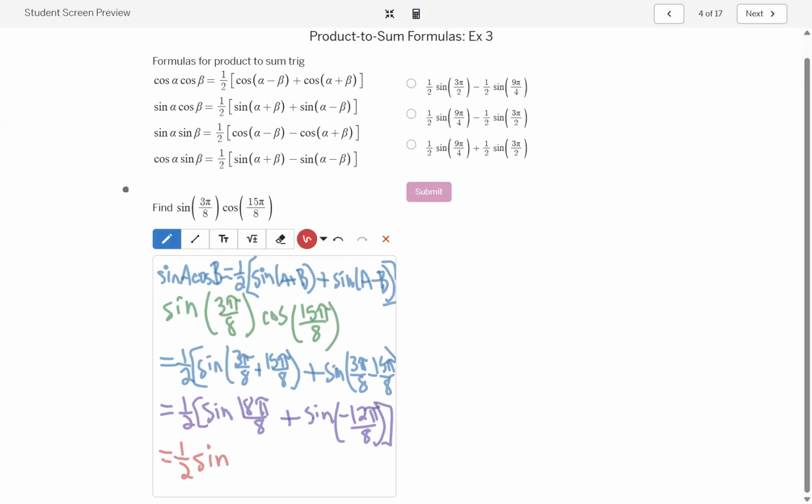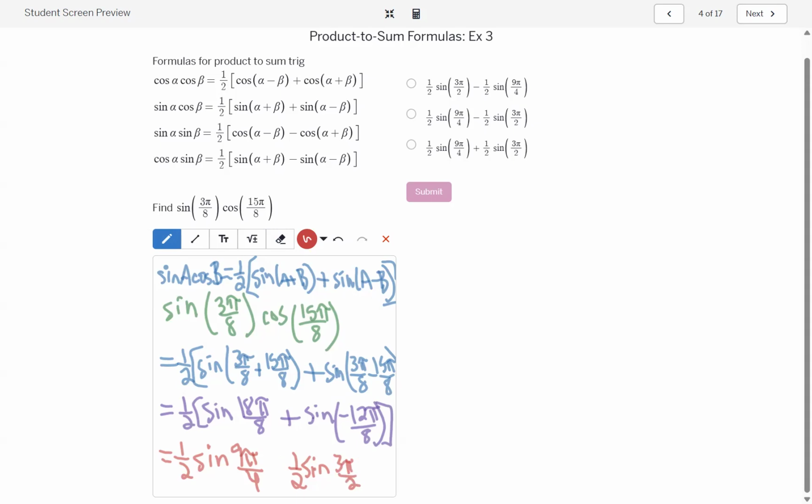All right, so 18 and 8, we can change that out for 9 pi over 4. Plus, we distribute the 1/2 sine of, yeah, 3 pi over 2, but